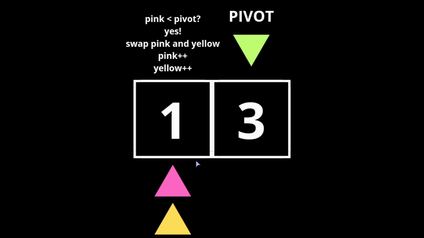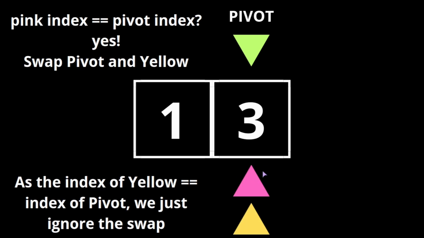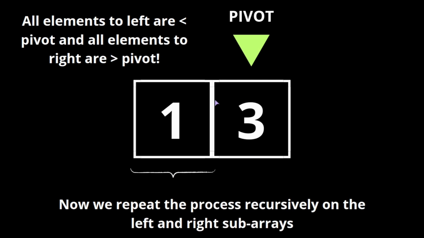And once we increment, we're going to have the pink now pointing to the last element, or to the pivot index, and now we just have to stop the algorithm and swap the pivot with the yellow pointer. And again, as they are pointed to the same index, you're going to swap the element with itself, and you can either ignore the swap or swap it with itself and recursively call the partitioning on the left and right